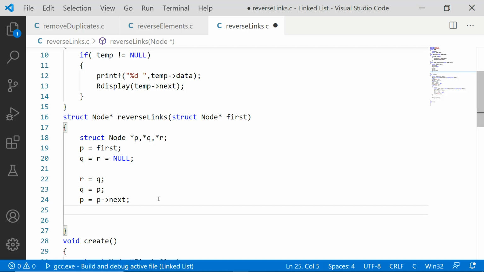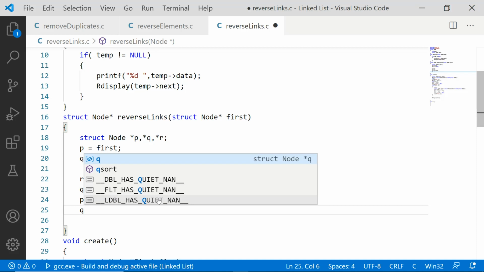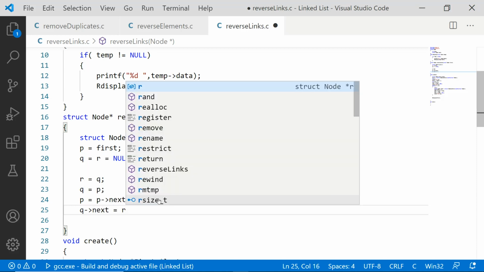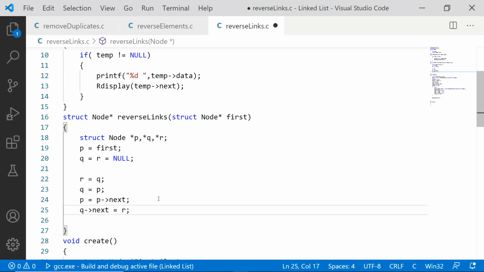Reverse link means in the present node, which is Q, in the next position of Q we should store the address of the previous node, which is R. The previous node address is there in the pointer R. So Q of next equal to R will do this reverse linking process.